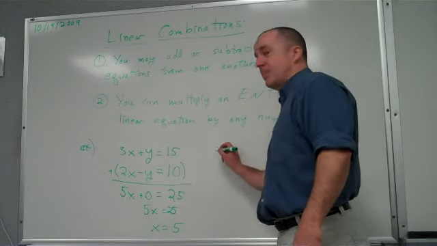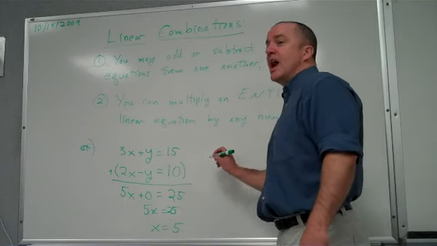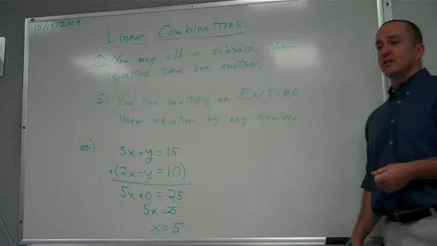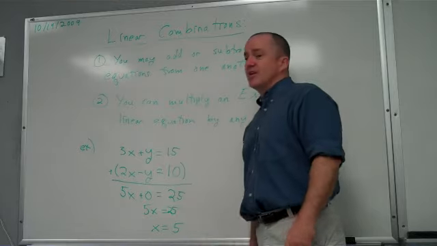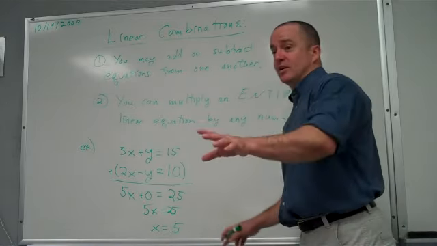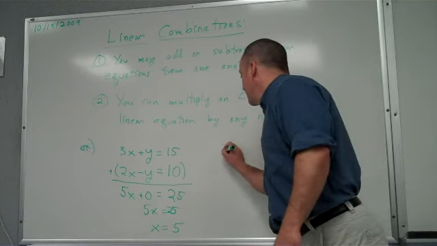Linear combination is not substitution, but it's to accomplish the same goal, which is solving linear systems. If you have two equations, you're always trying to find where they intersect, if you have two lines on a graph. Okay? So now we put 3